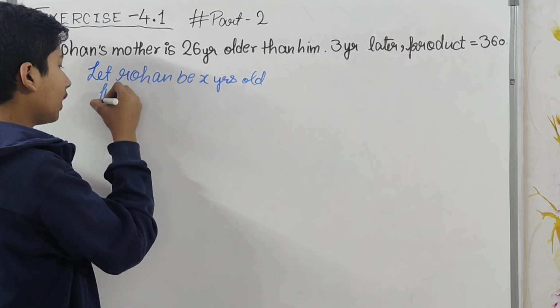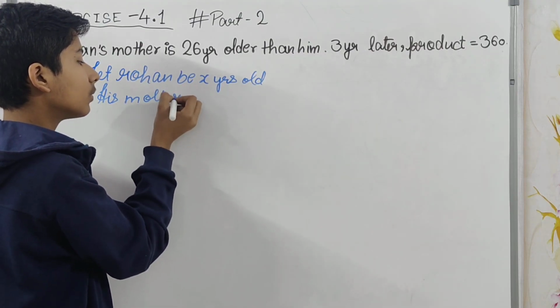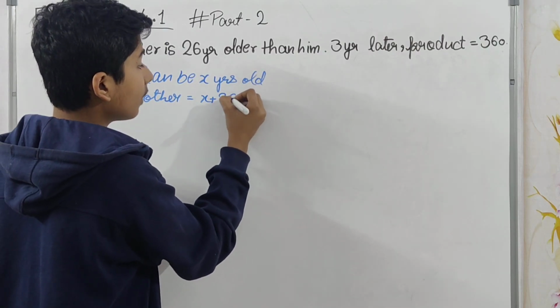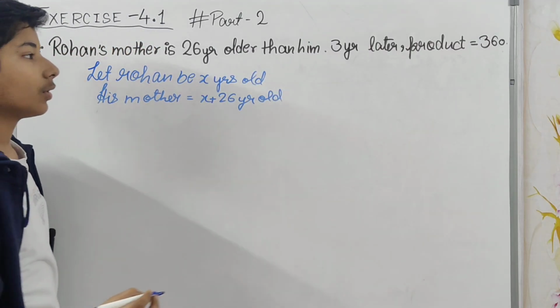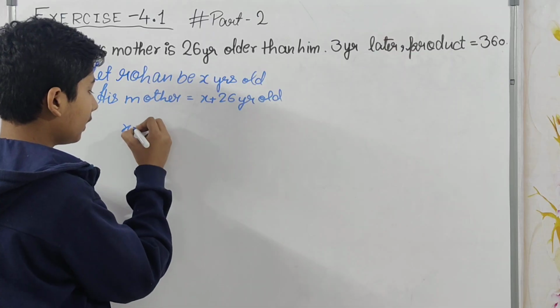So his mother will be X plus 26 years old. Okay, so it is given that after 3 years, which means X plus 3